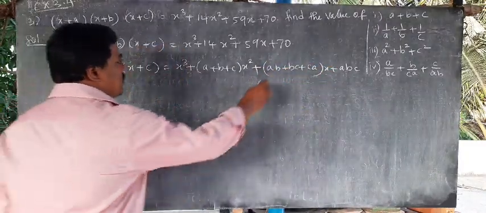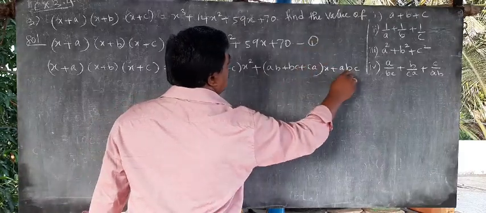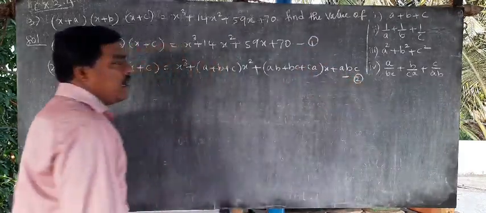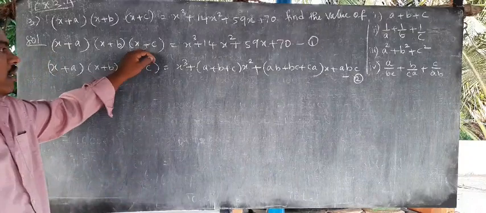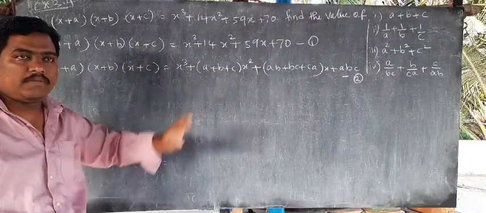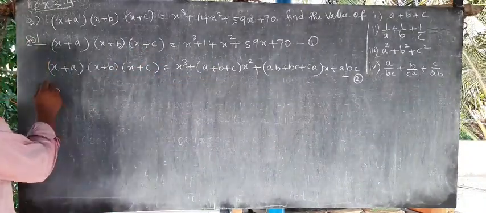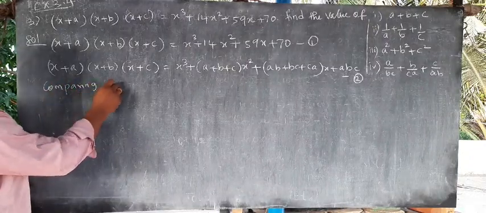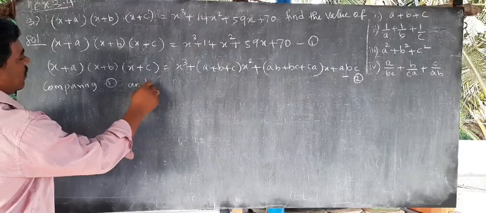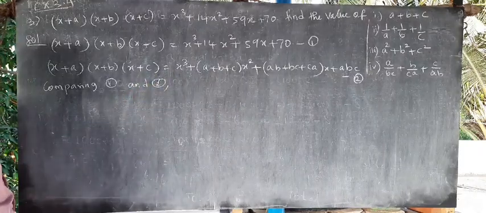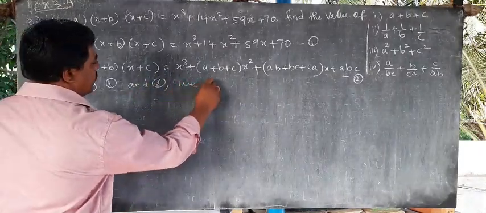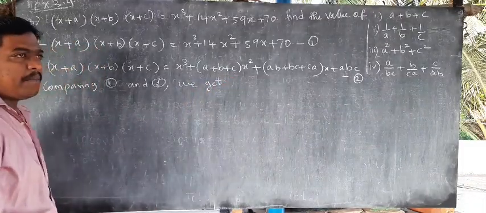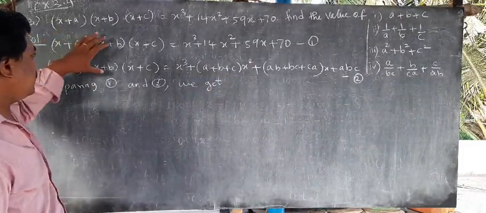So this is number 1, this is number 2. The given sum is number 1, and this is the formula. That's all. So comparing 1 and 2, we get...